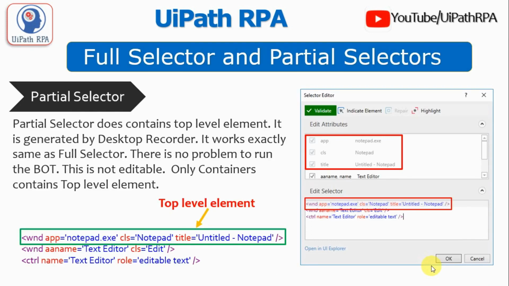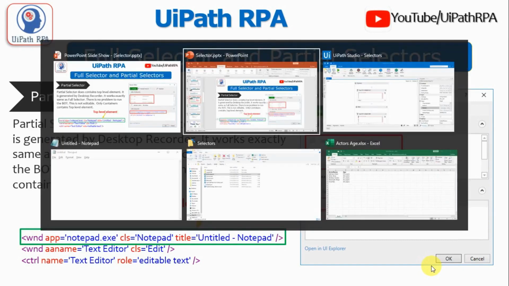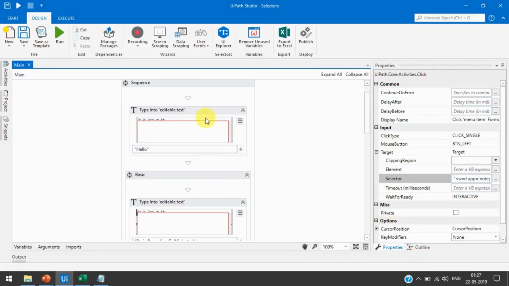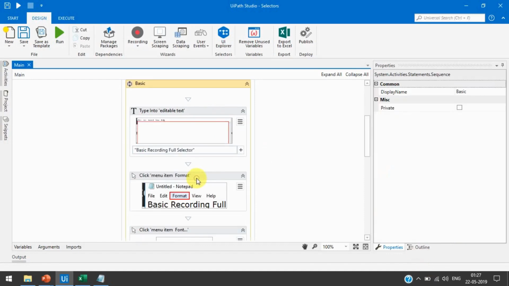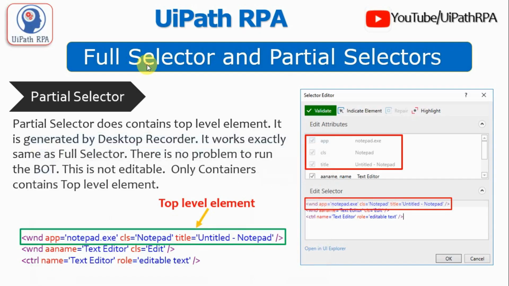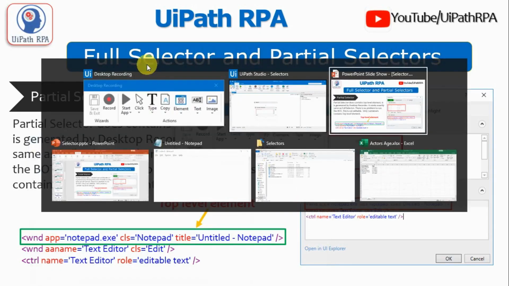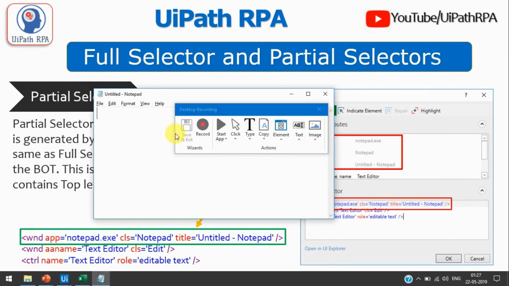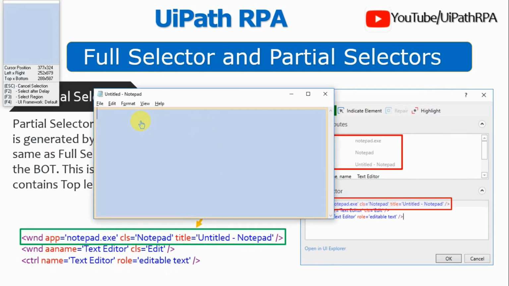So now let's see one example of the partial selector. Let me open UiPath Studio, and now we'll remove this basic part. Now click on recording, select desktop, and we'll take this notepad, click record and then select this.